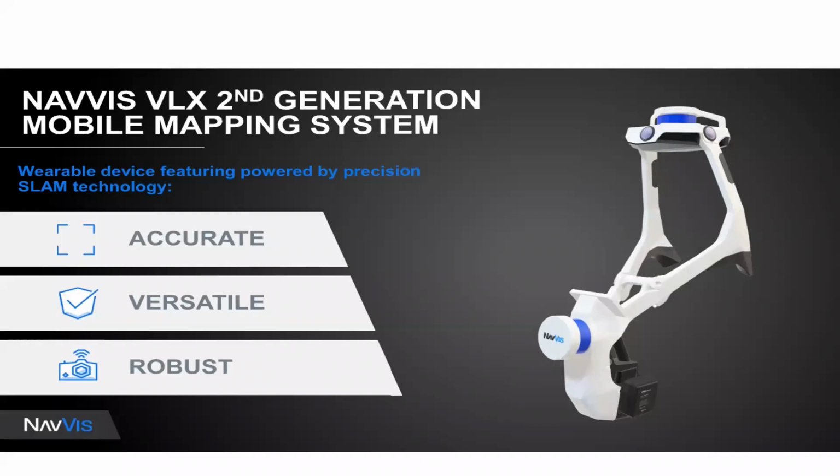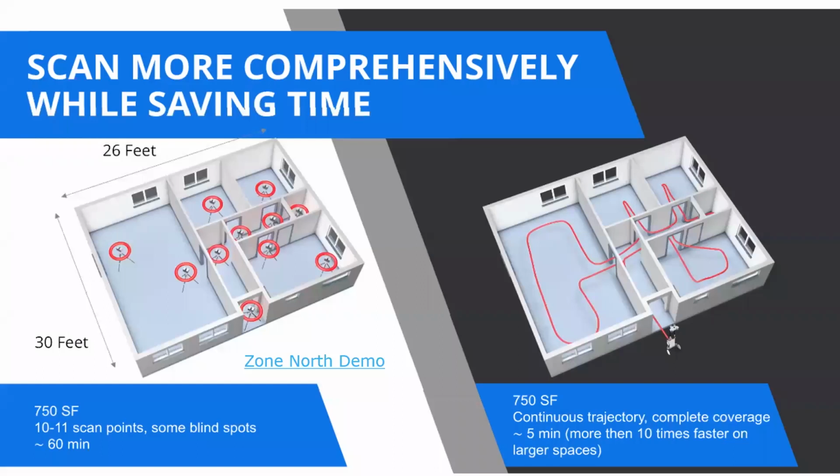And then in our tool belt, we had in blue everything that's available to us, but not Sletten done. So this can be rented for project teams, and this is a wearable laser scanner. It does everything that one does. It has 5 millimeters of accuracy, and because it's wearable, you don't have to set it up and level it on a tripod every time. In this demo, they did a 750 square foot room in 60 minutes with a terrestrial laser scanner. This one was 5. And so they actually came and did a demo at Zone North